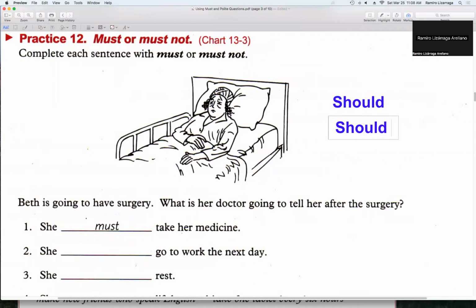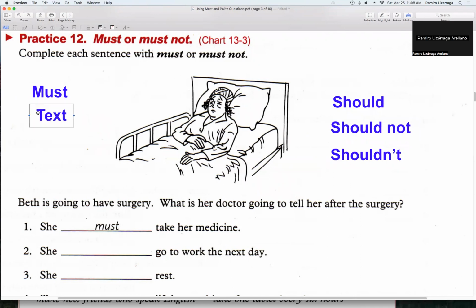Should not. Puede ser así. Should not. O puede ser abreviándolo. Shouldn't. We can use this. So vean las dos opciones. Should not and shouldn't. En el caso de must, tenemos must